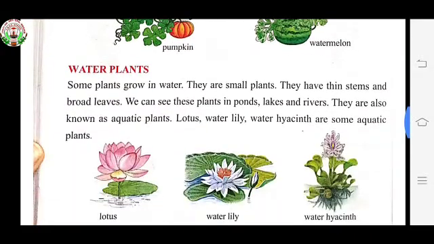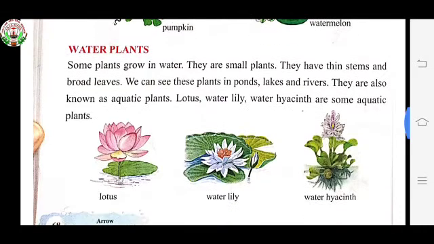Next plants are water plants. We have already learned that some plants grow in water. Those plants are called water plants. They are small plants. They have thin stems and broad leaves. We can see these plants in ponds, lakes and rivers. They are also known as aquatic plants. Lotus, water lily, water hyacinth are some aquatic plants.